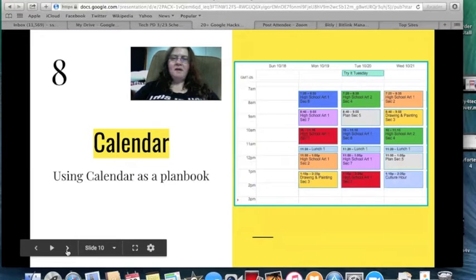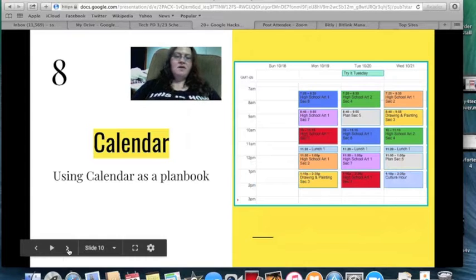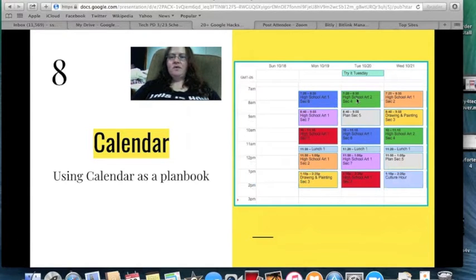So now let's talk about a few hacks for the calendar. So one of the things that my colleague Alicia does is she actually uses the calendar as her plan book. And it's pretty cool because then, you know, she can go back to last year or last semester and see her timing for how she taught things, and she can even just copy and paste some of the details if she wants to. So what she does is she sets up different calendars for her different classes,